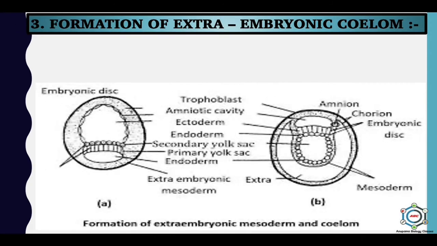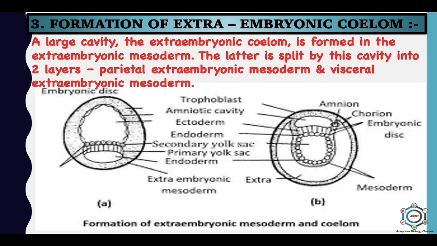Now, the formation of the extraembryonic coelom. A large cavity, the extraembryonic coelom, is formed in the extraembryonic mesoderm. The latter is split by this activity into two layers, that is the parietal extraembryonic mesoderm and the visceral extraembryonic mesoderm. So in this picture you can see the developing embryo along with the amniotic cavity and yolk sac, now suspended in the extraembryonic coelom and attached to the trophoblast by the unsplit part of the extraembryonic